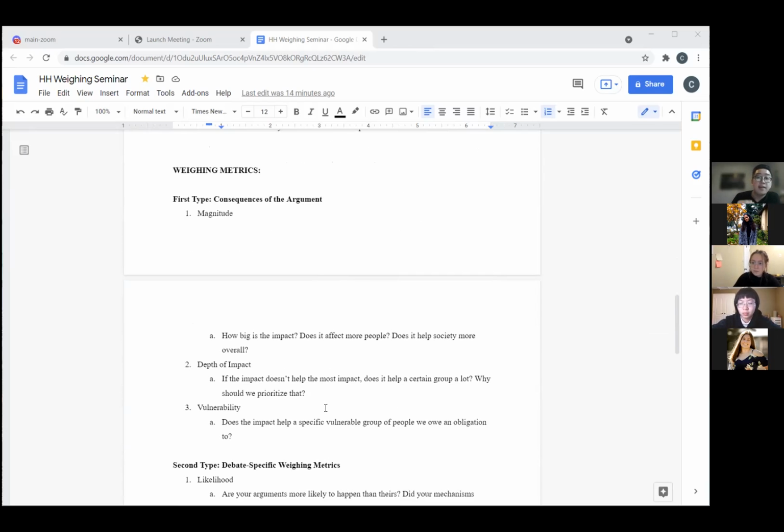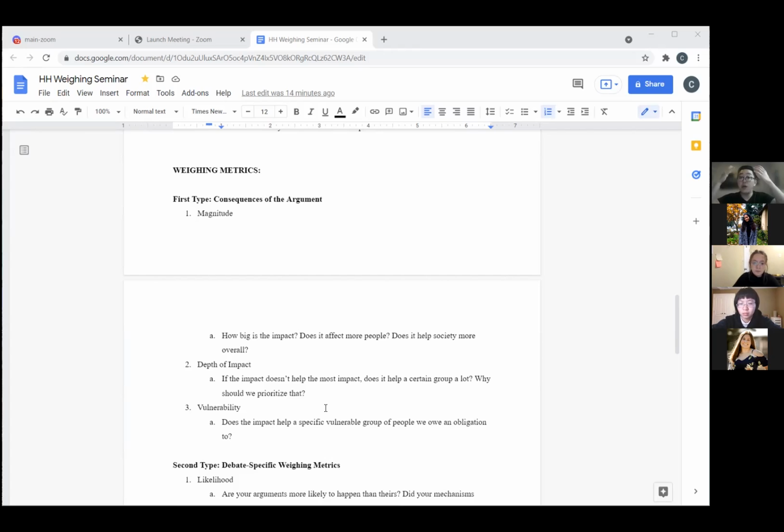On magnitude, this one's pretty simple. How big is the impact? Does it affect more people than the other side's argument? Does it help society more overall? It's really important to consider these questions because it gives the judge a very simple criteria with which to weigh your impacts against others. But the second one that people oftentimes forget is depth of impact. If the impact doesn't affect the largest number of people, does it